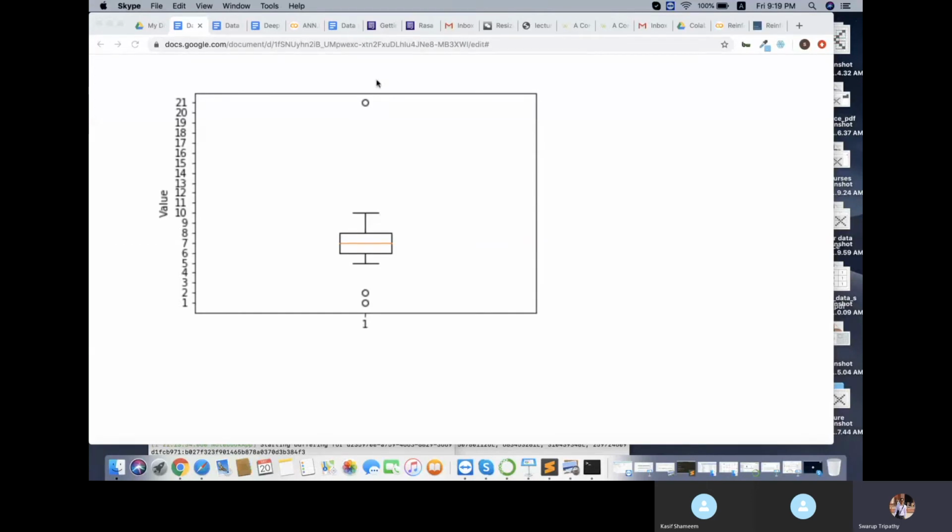And here you see some circles. These circles are called outliers. So outliers are something which are very far from your data, whose range is very far from the data. Those are kind of unique observations which might be there within your data, which are not within the cluster. So here you can see this box is your cluster of data. This line is the min value, this is the max value, and this is the center value, and these are some outliers. So if you have an outlier within your data, you can find it out by using a box plot.